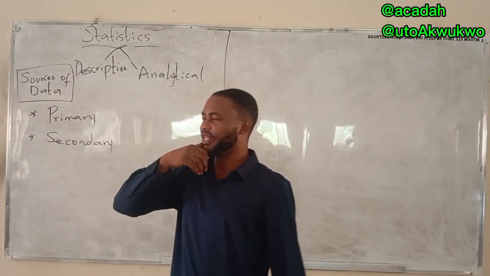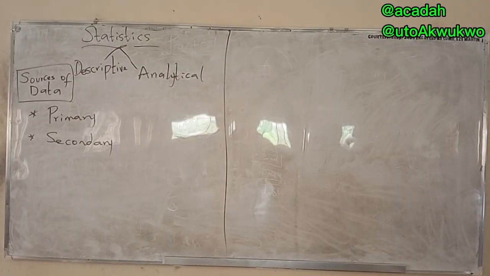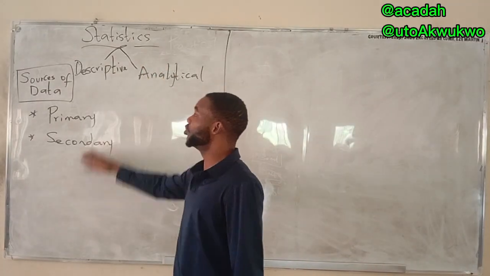A question can come, they tell you a data that comes from government house or whatever it is, what type of data is it? It's a primary data. A data that comes from newspaper publication, journalism, is what type of data? Secondary data. So we need to know that. With that said, that's just trying to run through the introduction part.